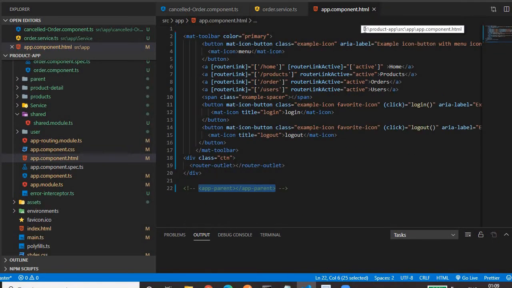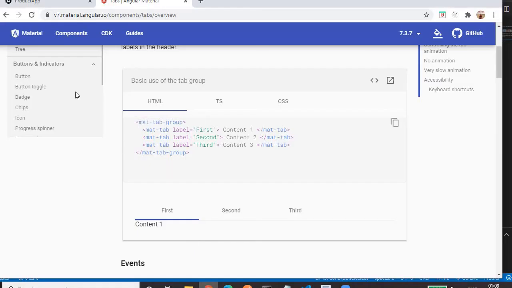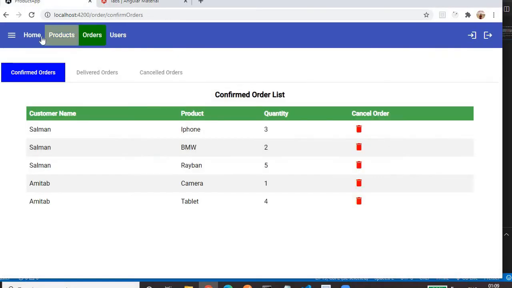And if you see in app component.html file, we have another router outlet that we are following from the starting of our application. Now this is the main router outlet where all the pages will be rendered. Like if we are on my home page, then the home page will be rendered in that router outlet of app component. The product page will be rendered in the router outlet tag of the app component.html file.